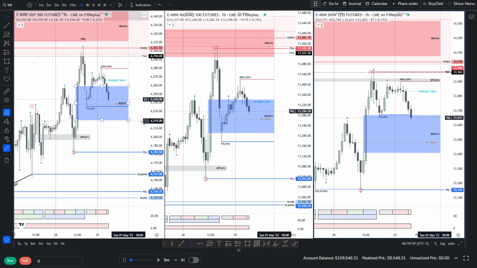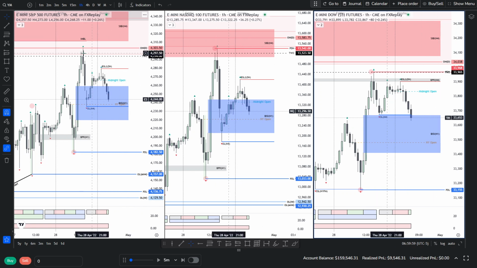Okay, so let's focus on game plans then, in terms of what we're looking for. So we understand that the high time frame institutional order flow is bearish. So we know that any move potentially in alignment with that could be explosive, and therefore would need to see a run to this old high, or certainly this previous day's high. But again, we want to look at where price is, and price is currently below the true day open, midnight open, right?